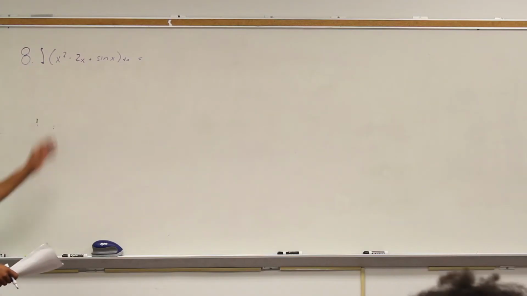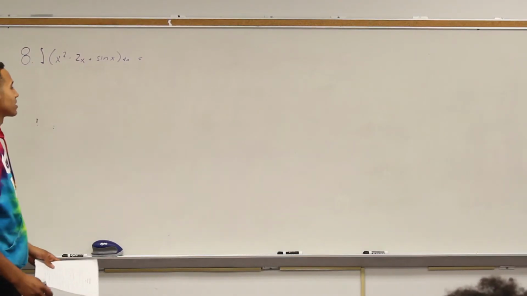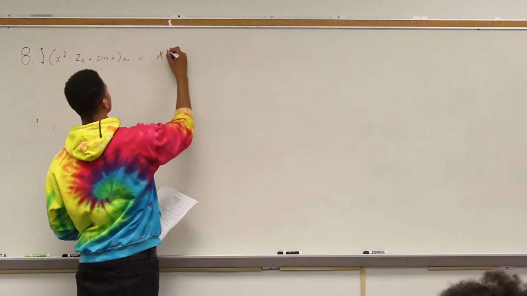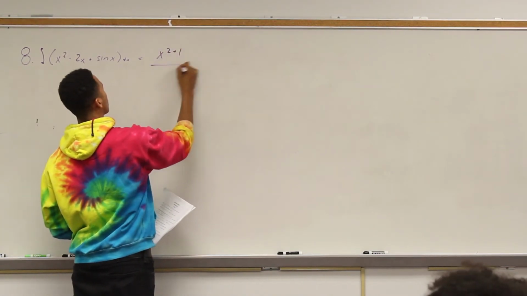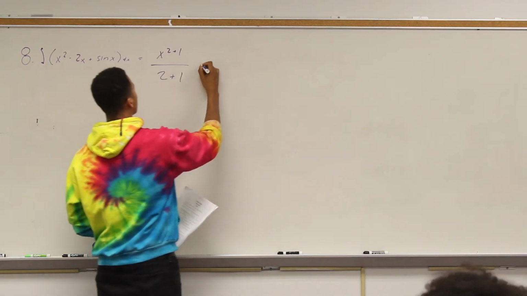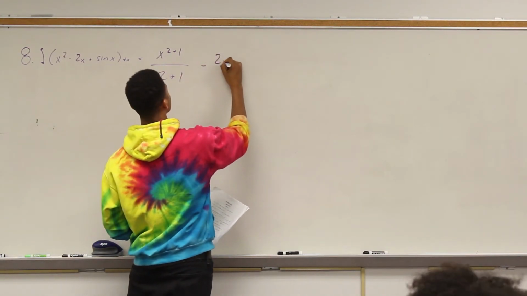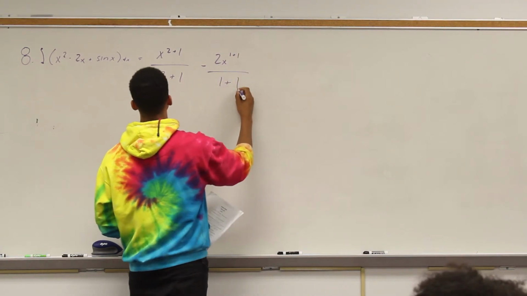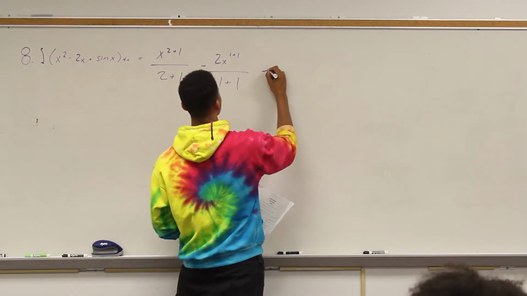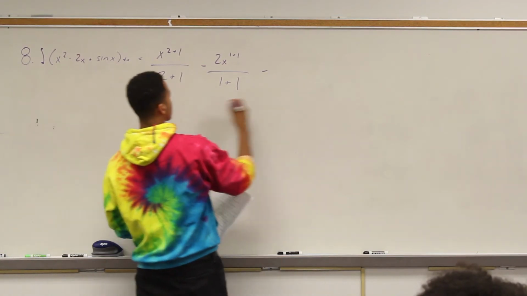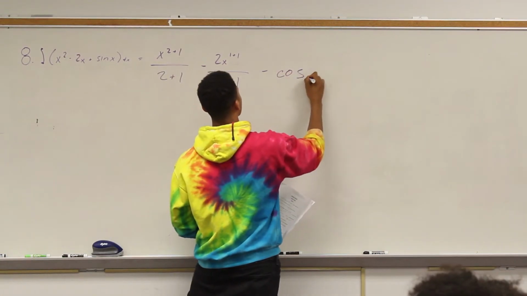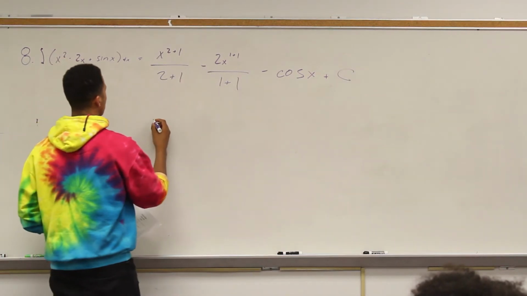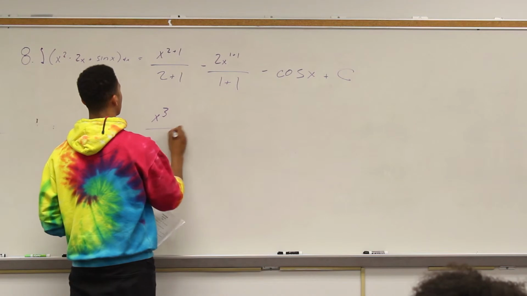Find the antiderivatives of x squared minus 2x plus sine x. So we use the antiderivative formula, which is x to the n plus 1 over n plus 1. In this case, it would be x to the 2 plus 1 over 2 plus 1, minus 2x to the 1 plus 1 over 1 plus 1. And the antiderivative of sine x is negative cos x plus c, and we have c because this is an indefinite integral. So this will be x cubed over 3